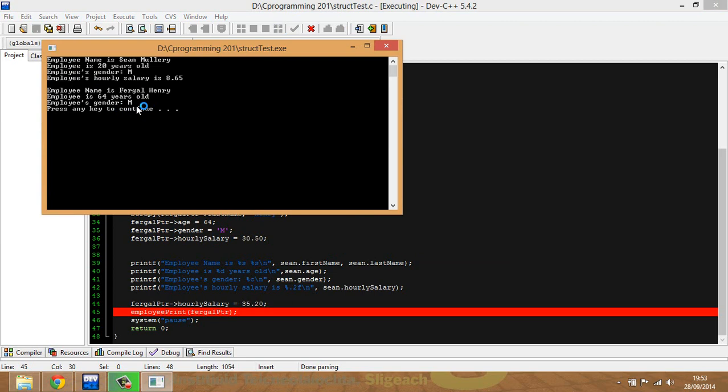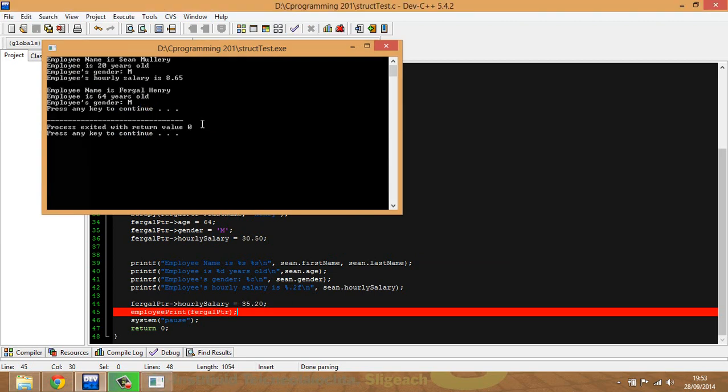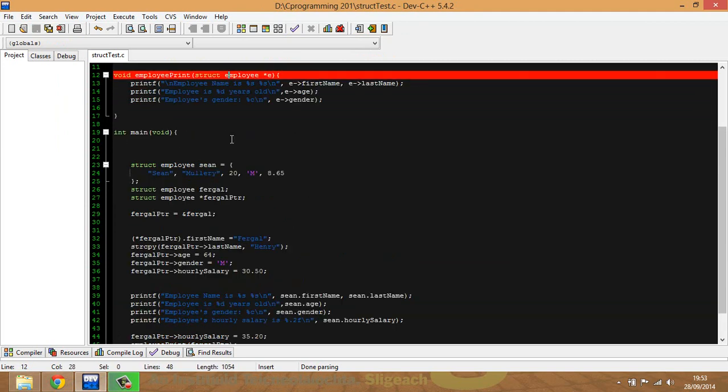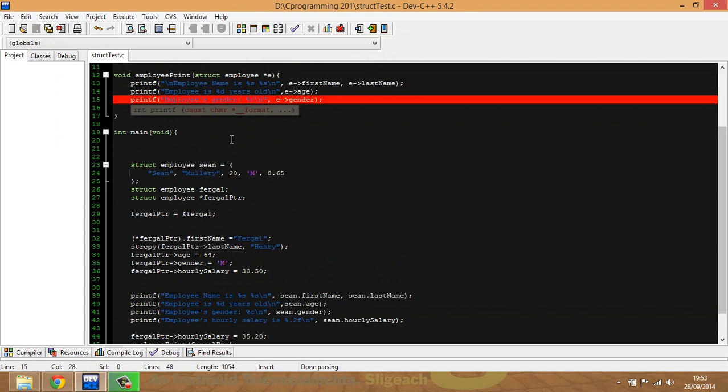It hasn't printed the hourly salary for some reason. I don't know, have I just left it out up above? I seem to have done that. I have the gender, but I don't have the other one. So